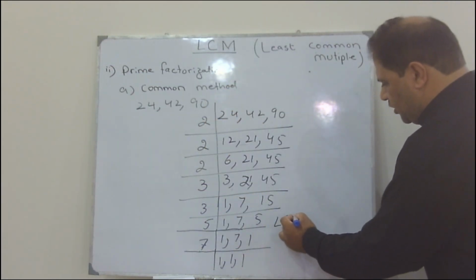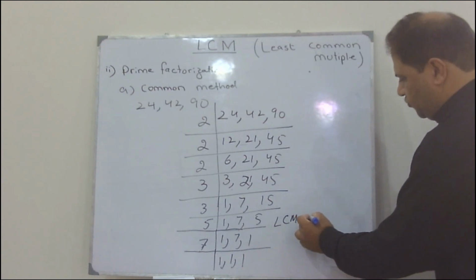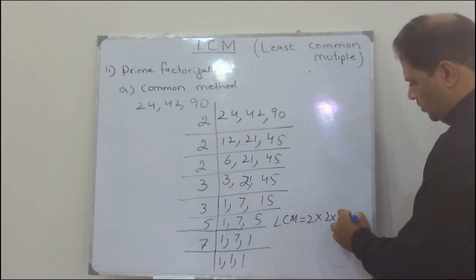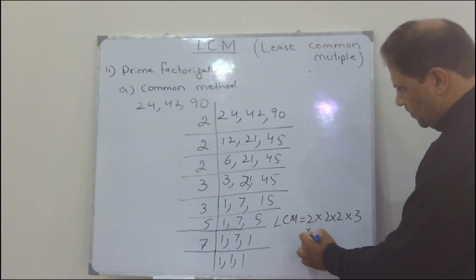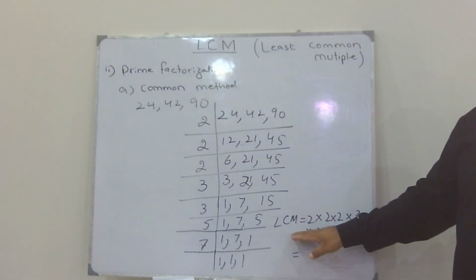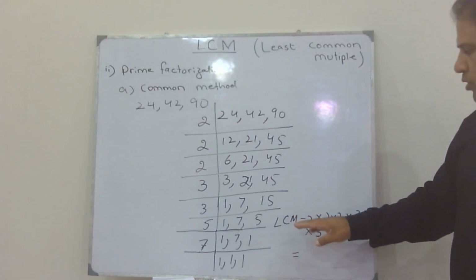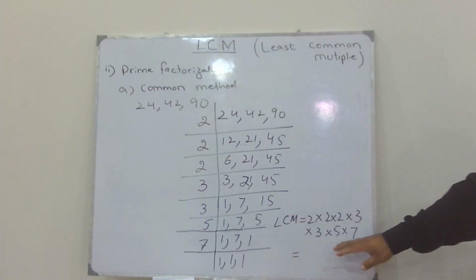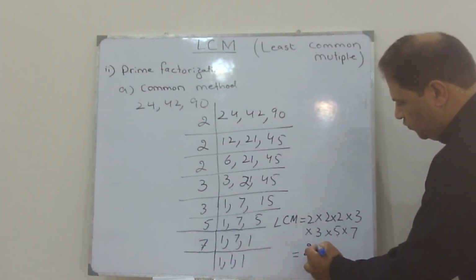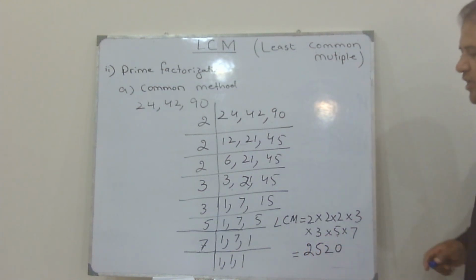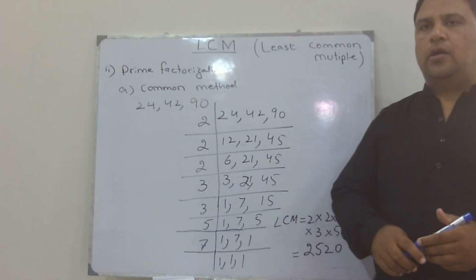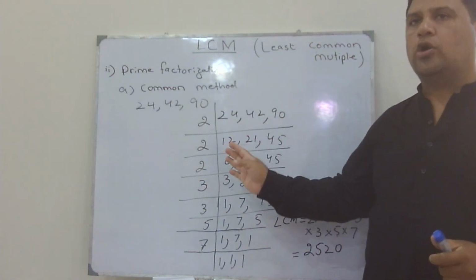So we need to find the LCM. This is 2 multiply 2 multiply 2 multiply 3 multiply 3 multiply 5 and multiply by 7. Okay, so now we will multiply all of them and we will find the answer. If we multiply all of them, we will get the answer 2520. Same answer we will get if we apply the separate method, but I would prefer to do the combined method